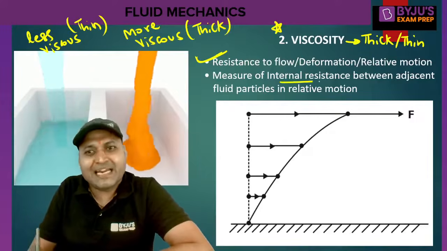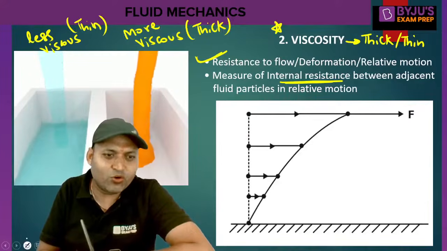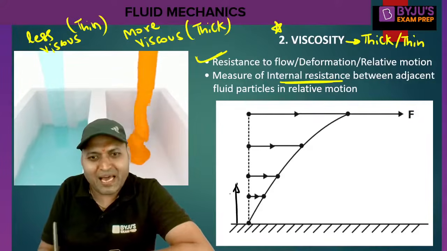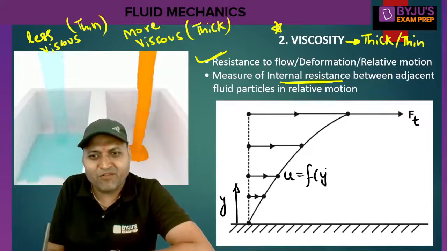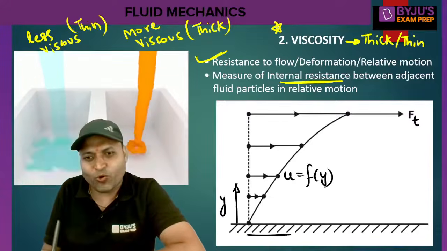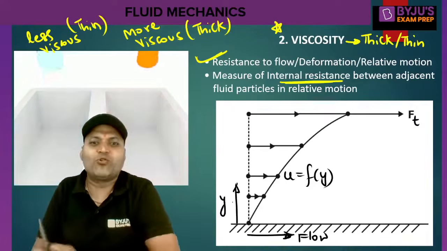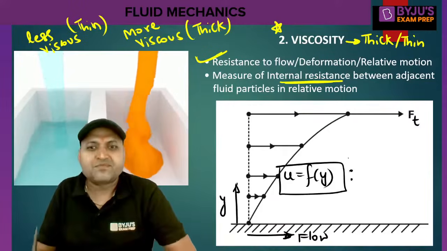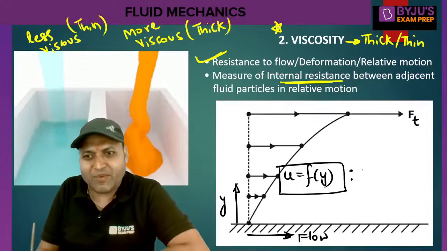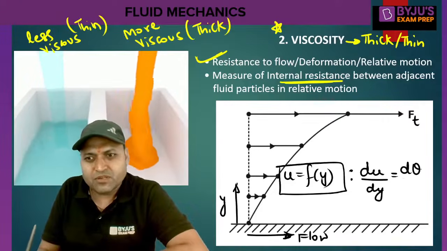It is the measure of internal resistance between the adjacent fluid particles in relative motion. As I have already told you, whenever we apply a shear force, a tangential force, on the fluid, a velocity profile is developed. U becomes a function of y. The flow is in x direction, and normal to the flow, the velocity varies. So a velocity profile is developed, and if we take the adjacent fluid element, we will observe that the rate of shear strain